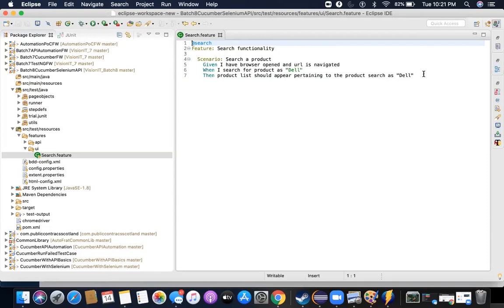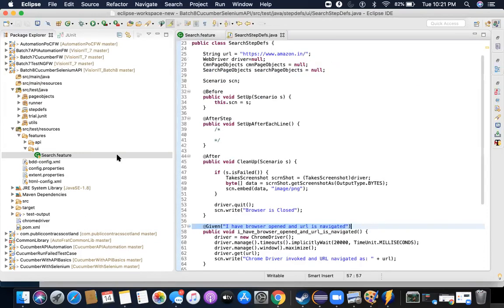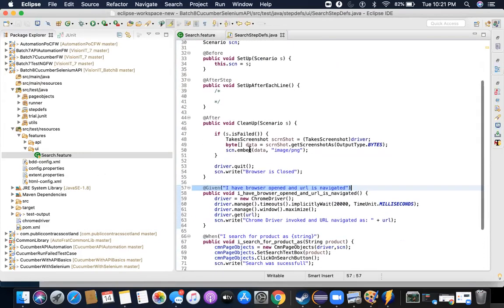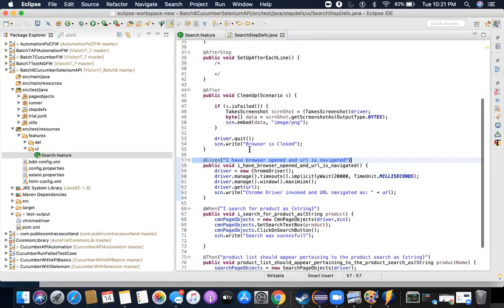So let me just walk you through quickly. This was our test case. This will remain as it is. For this we wrote step definitions. If you remember, these were our step definitions. So in these step definitions we